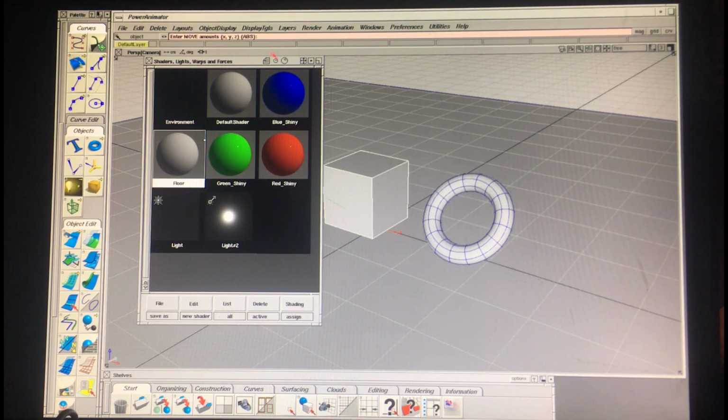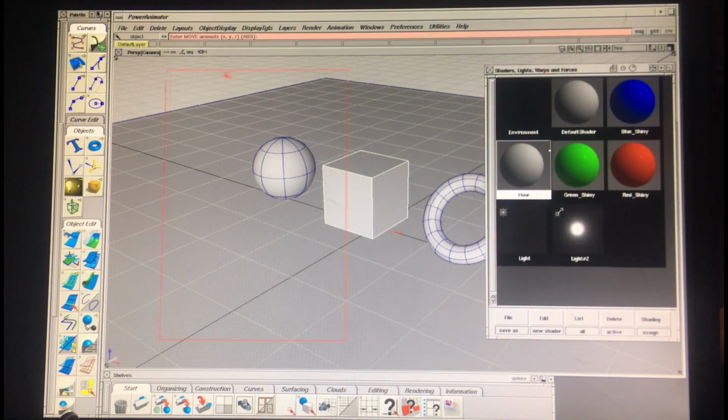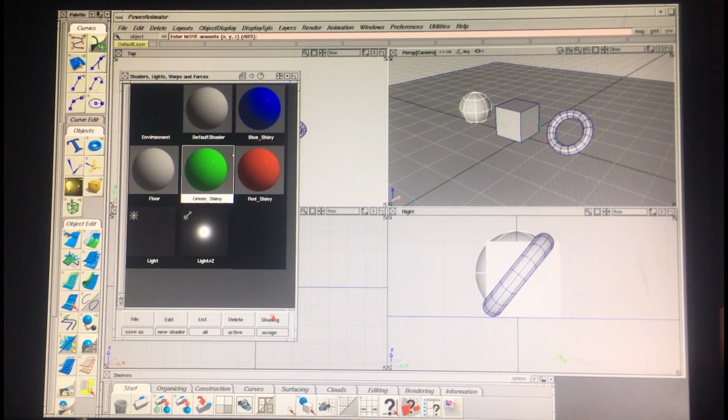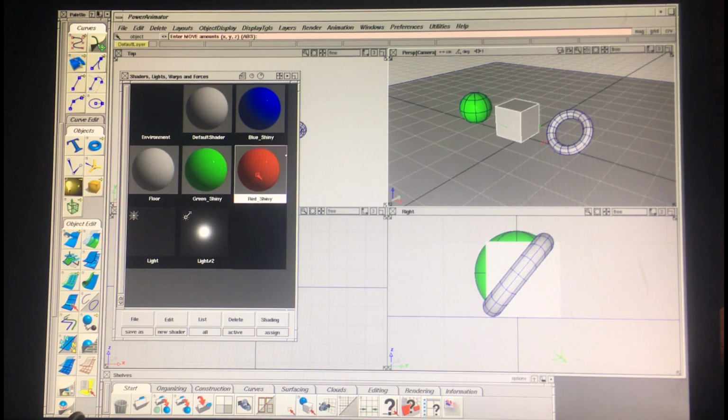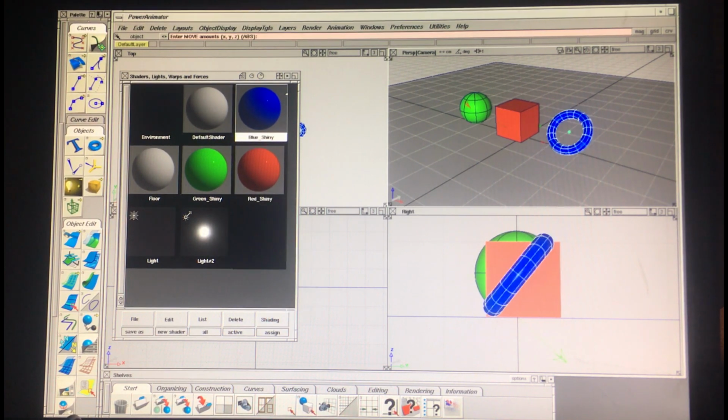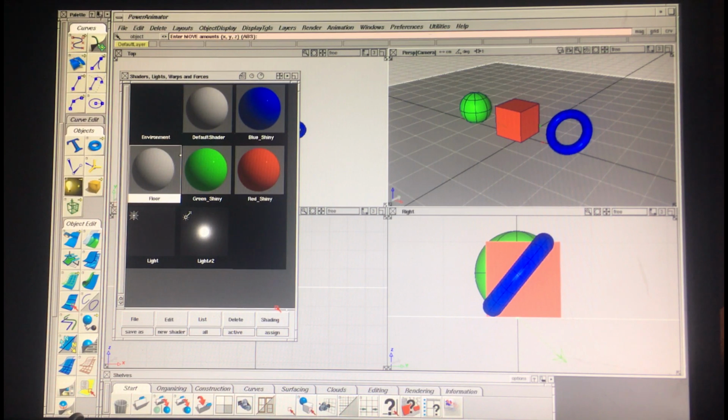Alright, so what we want is, let's color these. Let's turn this down a little bit back here. We want to grab the sphere, and we will make that one green. So I'll hit the green shiny with that sphere selected. We'll go down here to the lower right, it says shading, assign shader. You go to the cube, hit the red, assign the red, hit the torus, hit the blue shader, shading, assign shader blue, and then I'll hit the floor shader, shading, assign shader. Alright, let's see, what else can we do